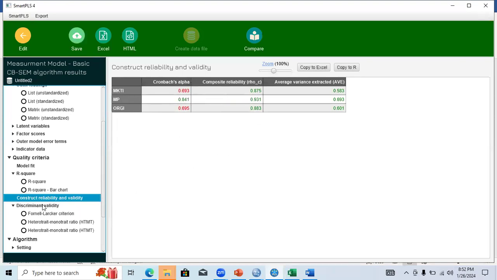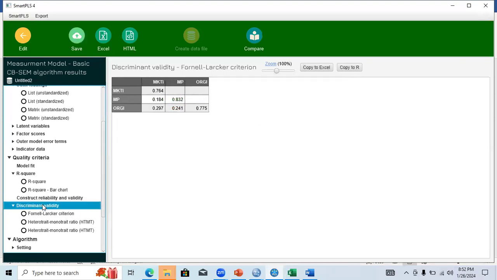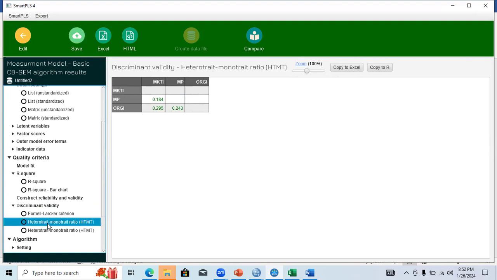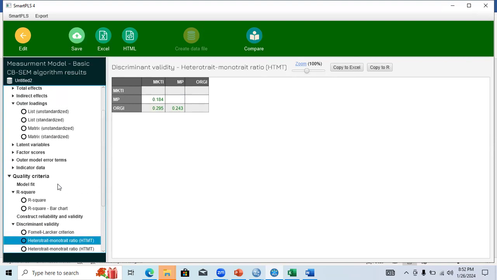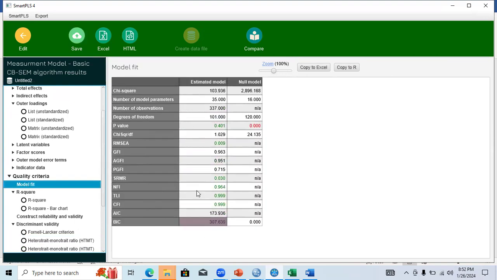Then you need to see discriminant validity, and from discriminant validity, you can find the Fornell-Larcker criterion and HTMT ratio. These two tables are enough for reporting the discriminant validity. Then you need to report the model fit from here. So these tables are good indicators of model fitness.